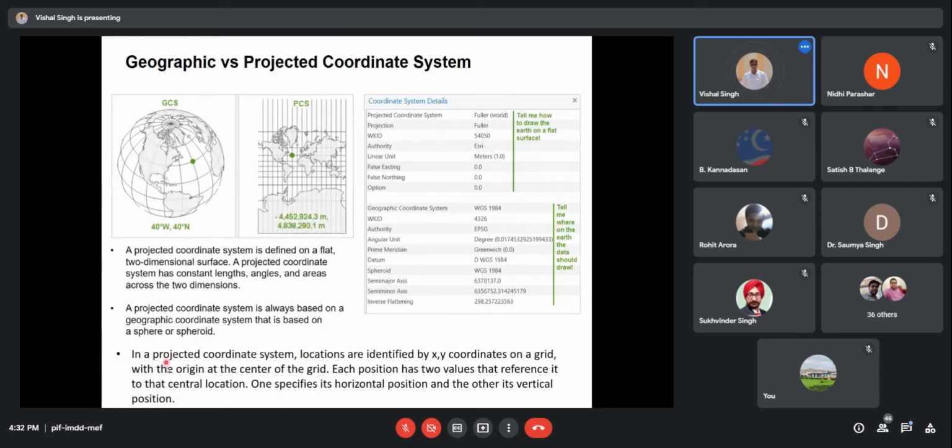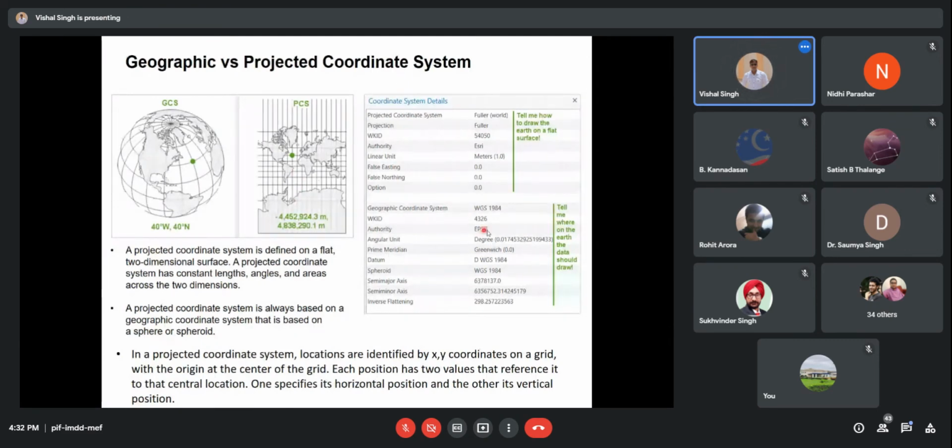So in a projected coordinate system, locations are identified by XY coordinates on a grid with the origin at the center of the grid. Each position has two values that reference it to the central location. One specifies its horizontal position and the other its vertical position.